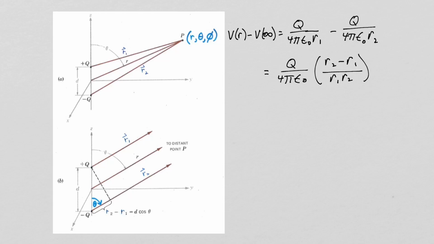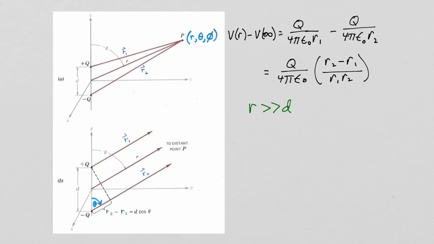Rewriting our potential field in this form, we see that the potential is 0 if you're equal distance from the plus Q and minus Q charge. So the XY plane has a potential of 0, so it takes no work to bring that 1 coulomb of charge from infinity in if you're on the XY plane. And that makes sense because you're always equal distance from the repulsion of the plus Q and the attraction of the minus Q. So there's no net force.